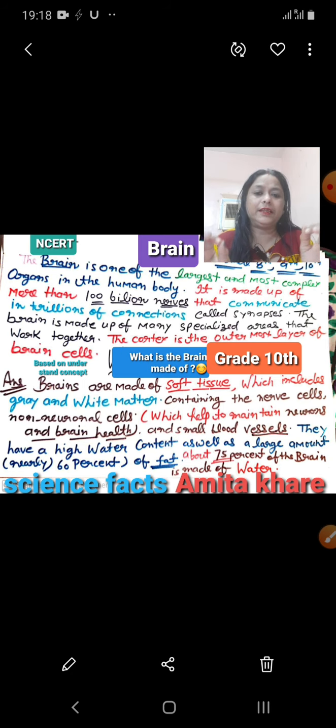Firstly, the brain is one of the largest and most complex organs in the human body. The human brain controls every aspect of the human body, ranging in order from physiological function to cognitive abilities. It functions by receiving and sending signals through neurons to different parts of the body.